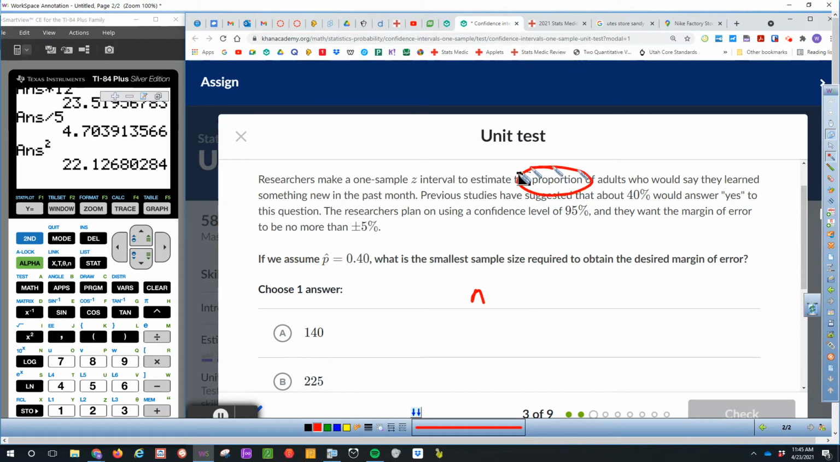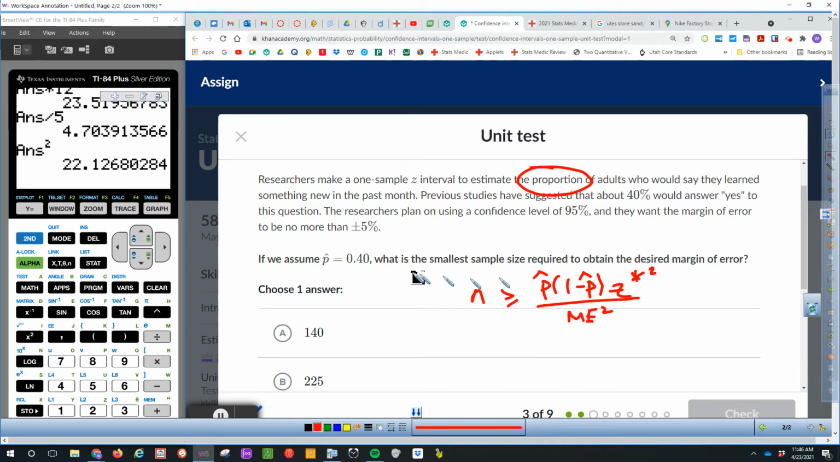But this has to do with proportion, right? The formula is: n is greater than or equal to p hat times 1 minus p hat times Z star squared, divided by ME squared. Okay, so